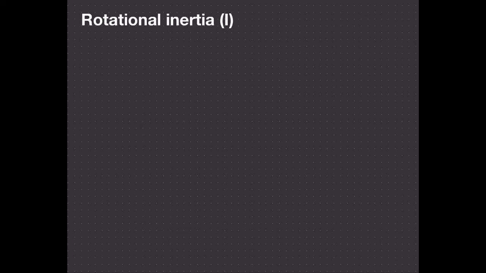Today we're going to be talking about rotational inertia. Okay, so rotational inertia is a measure of an object's resistance to changing its rotational motion. So how hard it is to get rotating. Okay, so it's given by the equation: our rotational inertia, I, equals the sum of mass distribution times r squared,